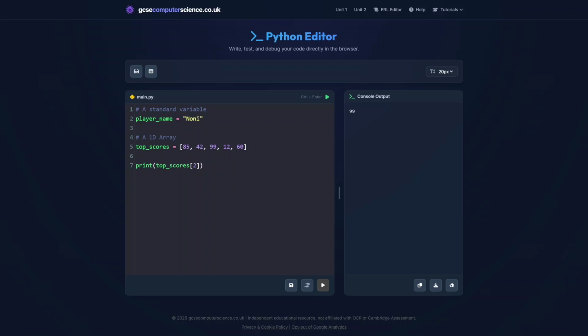In paper 2, you might be asked to update a specific value inside an array. You do not need to rewrite the whole array. You just need to target that exact position you want to change using its index and assign a new value to it. For example, from 42, let's say we want to change it to 50. So what we could do, I'm going to hashtag this out, comment it out, and I'm going to write top scores,